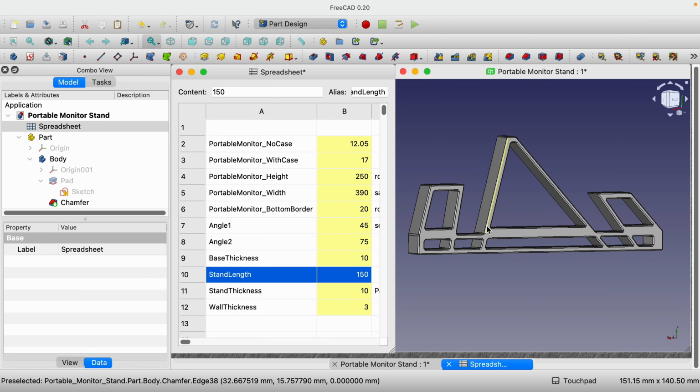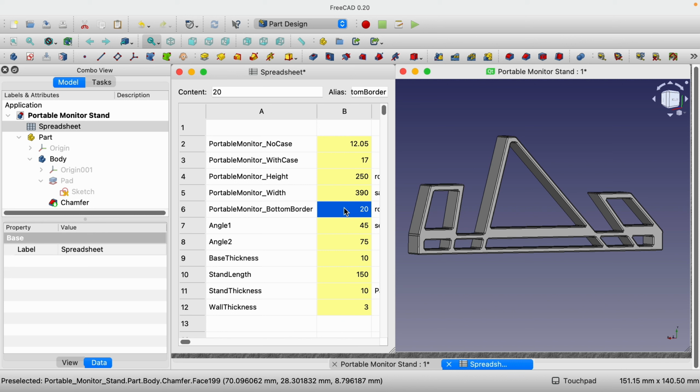The only thing that will change is these angles, which will affect how far between the base of each point in the middle is, and these bricks or these blocks at the front, which should be 20 millimeters high to hold the portable monitor in, but not cover up any part of the screen. So if we really needed to, we could change these two